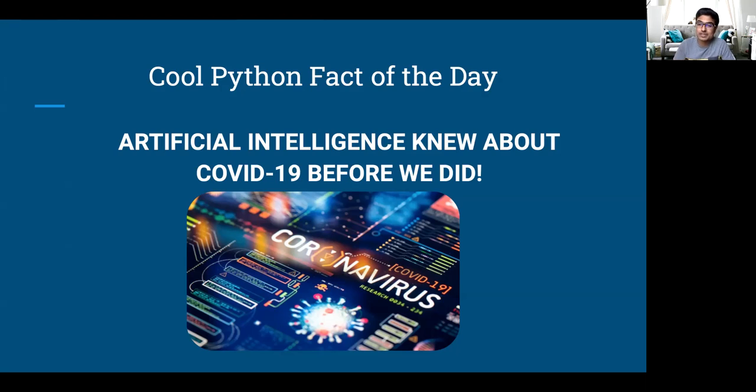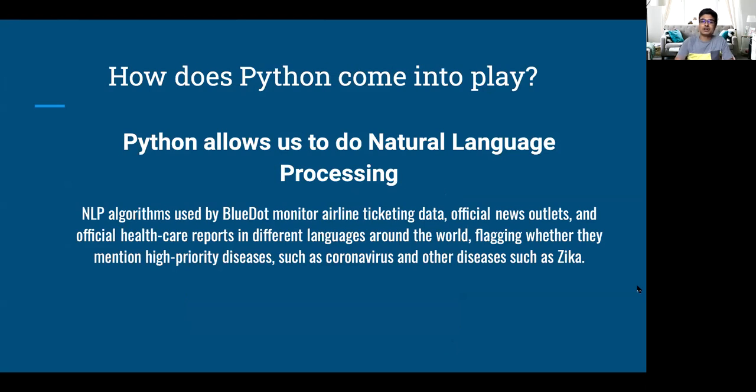The past 6 months, for example, how has life changed by a lot, right? Well, we're saying that a computer knew about this virus before any human did. And here are the details. So basically, using artificial intelligence and the programming language of Python, we knew about COVID-19, just the virus, 10